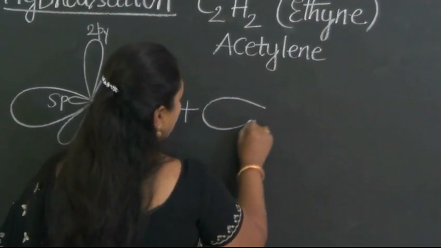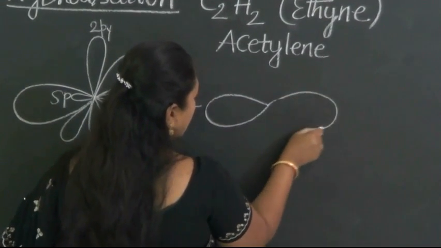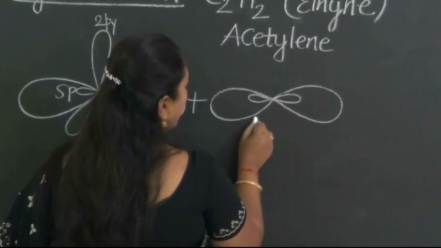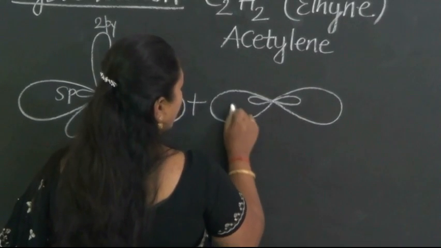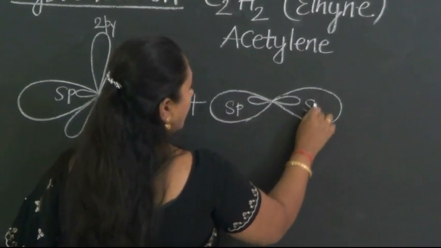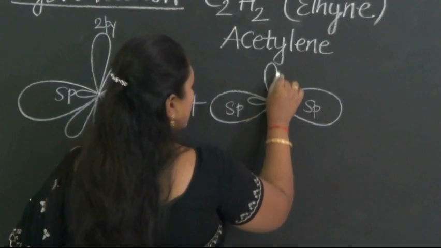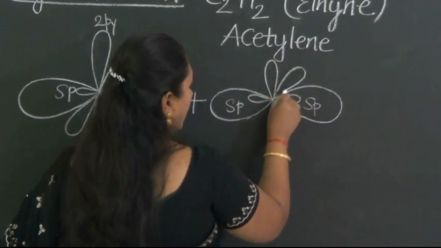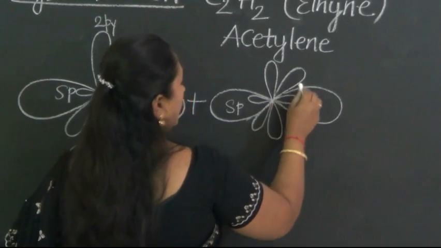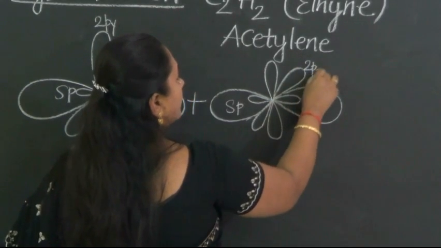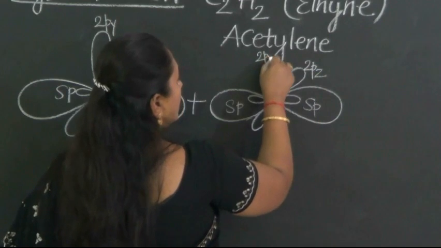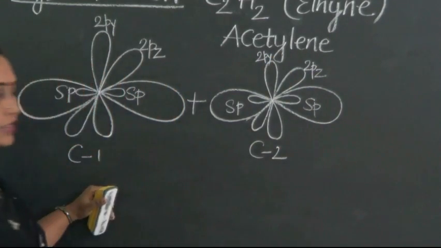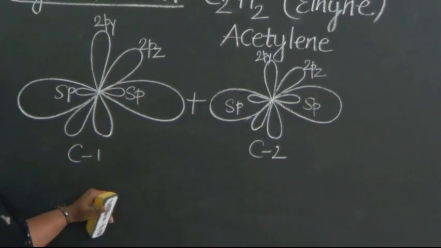So this is the sp hybrid orbitals. So there goes our 2py and the 2pz. This is of carbon atom number 2. Let us see what will happen. Now,